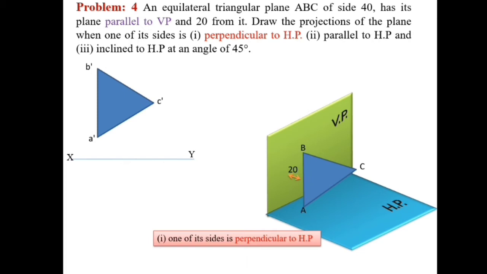And next we are going to draw the top view. The top view is 20 mm in front of VP. So you take 20 mm below the XY reference line and draw a line parallel to XY. Then you project all the points up to that line, and you will get B, A, and this is C. A is the invisible corner, so you put it in brackets, and next C, A, B and C you just join by thick lines. So that is the top view of this equilateral triangle plane.